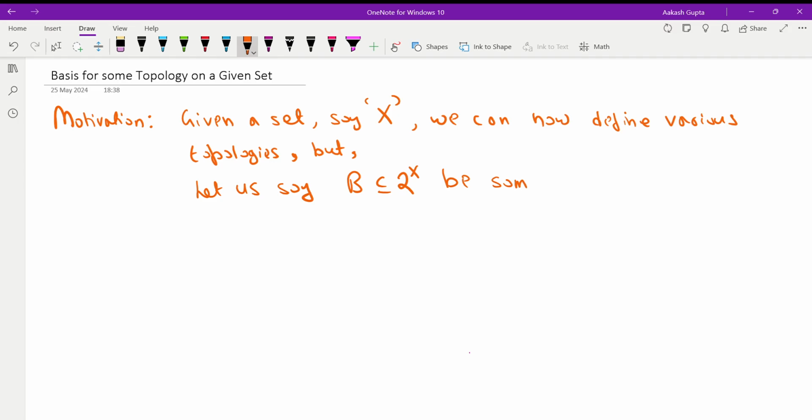So say B is a subcollection, basically some collection of subsets of X. I am interested